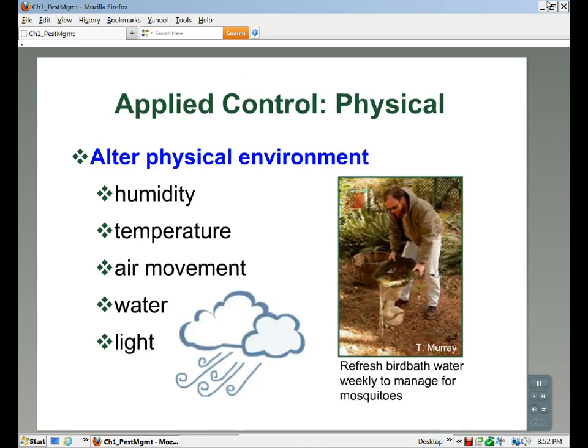Physical control is the altering of the physical environment, changing humidity, temperature, airflow, water, and light. Managing a pest may be as straightforward as pruning landscape plants for increased airflow and light penetration. More air movement and light in a plant's canopy reduces the amount of free moisture present and makes it unfavorable